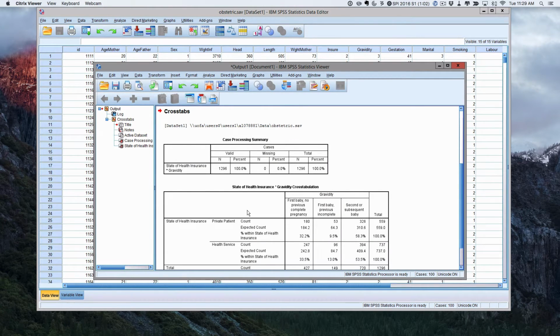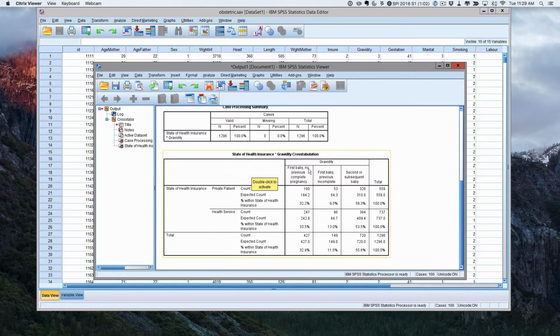So as you can see, we've got here, so with gravidity, you've got your first baby, no previous complete, first baby, previous incomplete. What this means is their first baby because previous babies, unfortunately, have had problems with them, and then second or subsequent. Here we've got private patients and on the health service. And notice that the percentages, so in here,